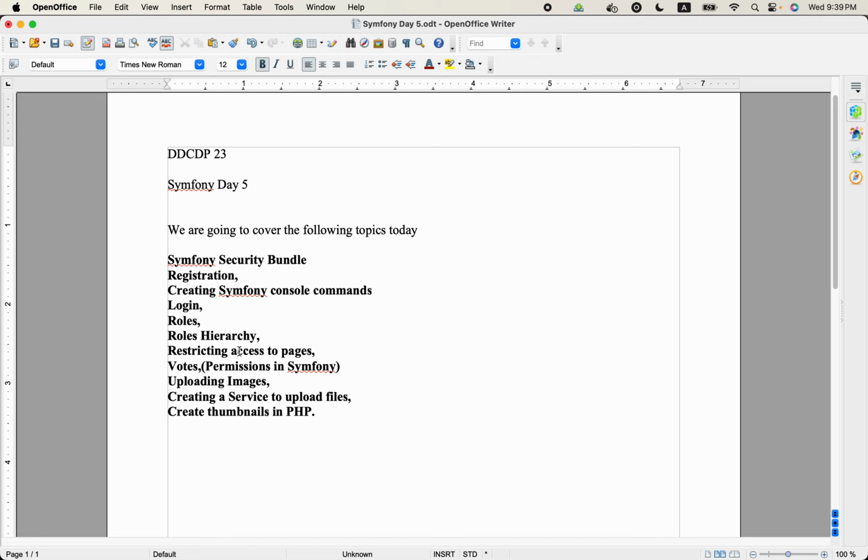Then we tried to restrict access to different pages. We also studied voters, which are for detailed permissions in Symfony, and then we did the uploading and created the uploading service also, and then at the end we created some thumbnails. That was a lot,